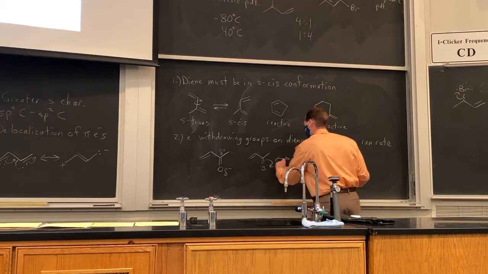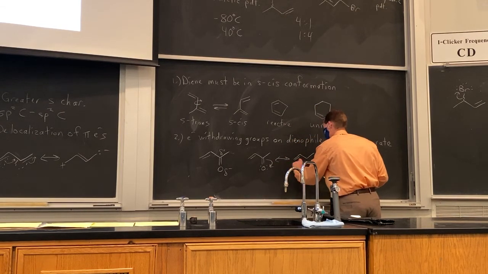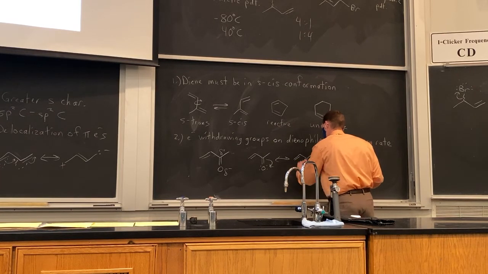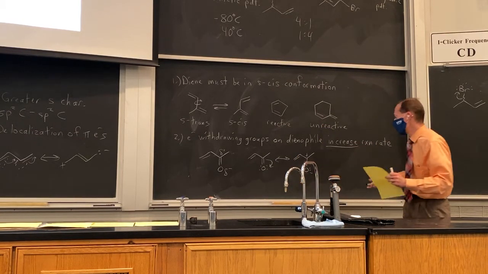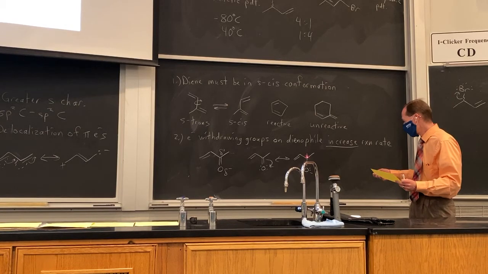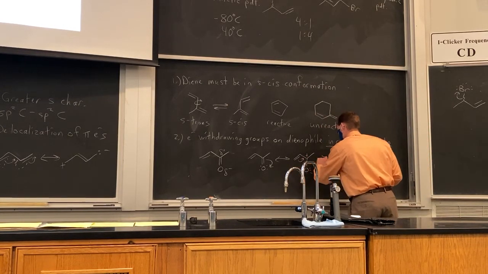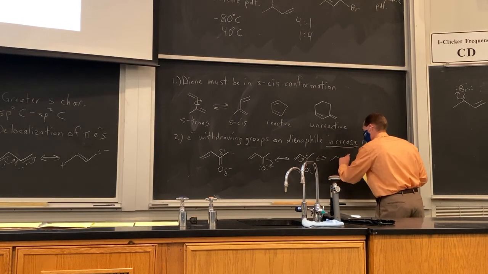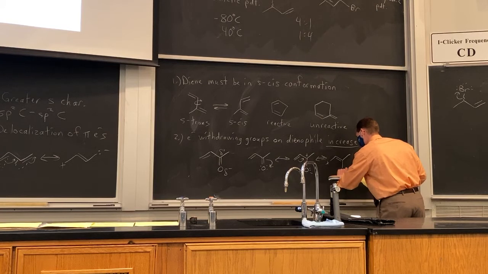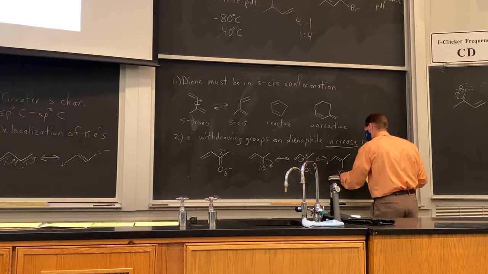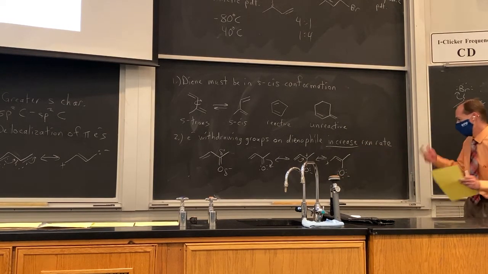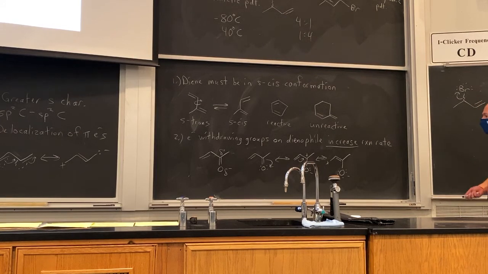In our last lecture, we talked about the minor contributor that we have when we have a double bond between two atoms of differing electronegativities. And then this minor contributor leads to the presence of a second minor contributor that shows us withdrawing electrons from the alkene of our dienophile. Okay, so either by